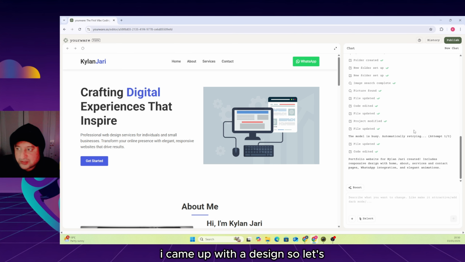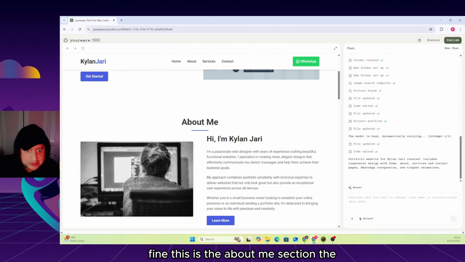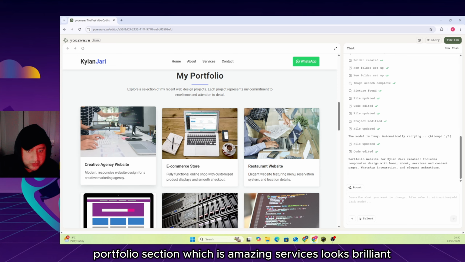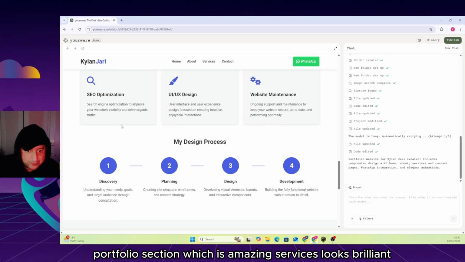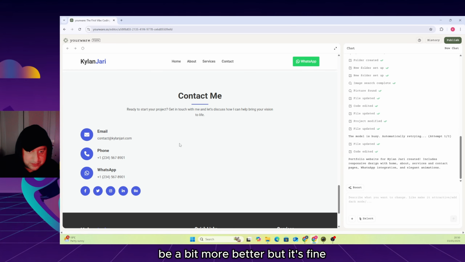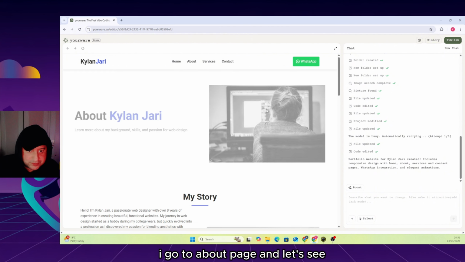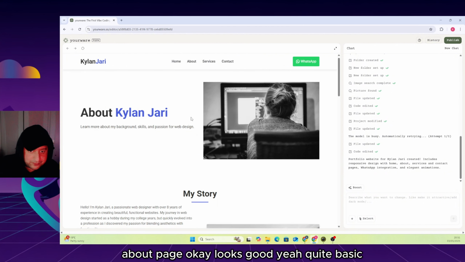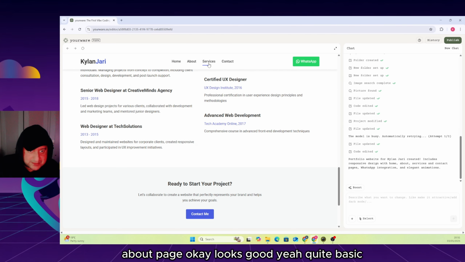Yes, so it came up with a design. So let's see. Looks nice. About page. WhatsApp is working fine. This is the about me section. The portfolio section, which is amazing. Services looks brilliant. And a contact page. Yeah, the contact page could be a bit better, but it's fine. I'm in the contact section. And now if I go to about page, let's see. Okay, looks good. Yeah, quite basic, but